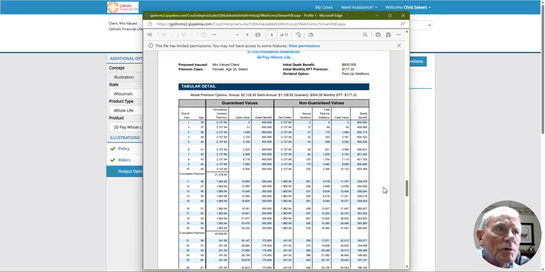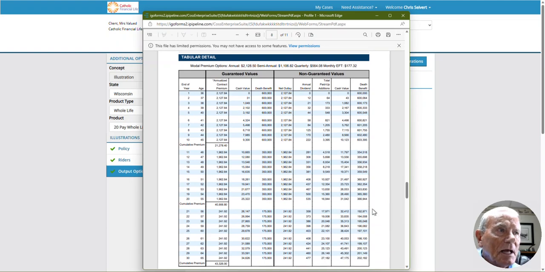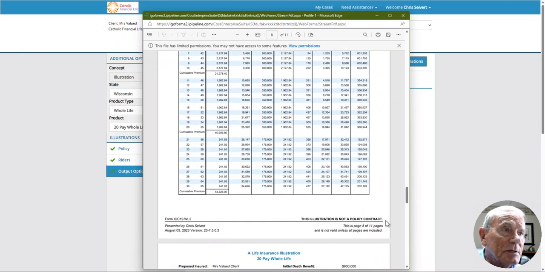But let's take a look what's going on with this. At the end of 20 years, there's $31,940 or $31,042 of cash value. They paid in $40,000, so the net cost was about $9,000 for that first 20 years. They continued to pay the premiums, and let's take a look what happens at the end of the 30 years. They had paid in $43,326, but look at the cash value,